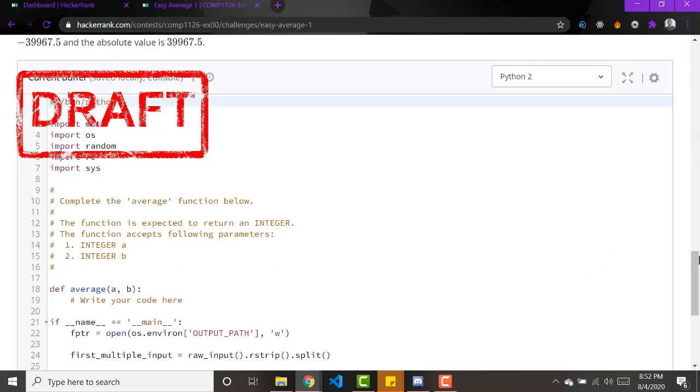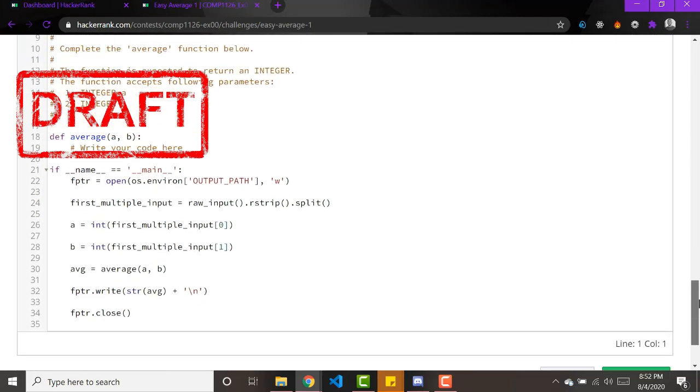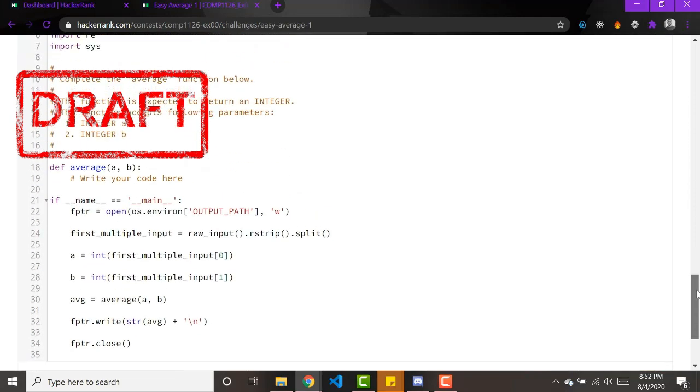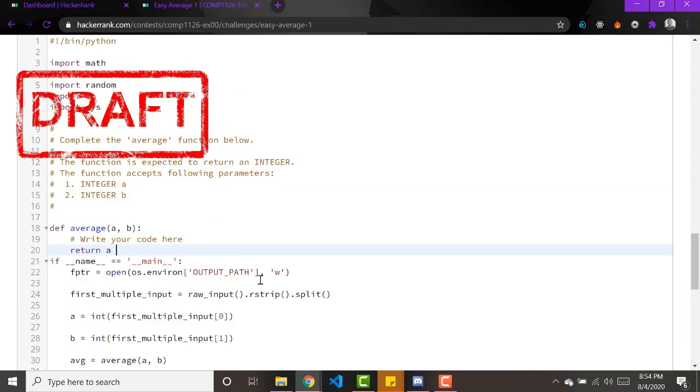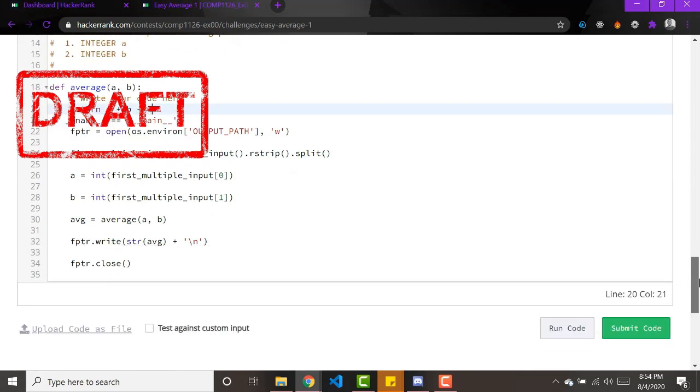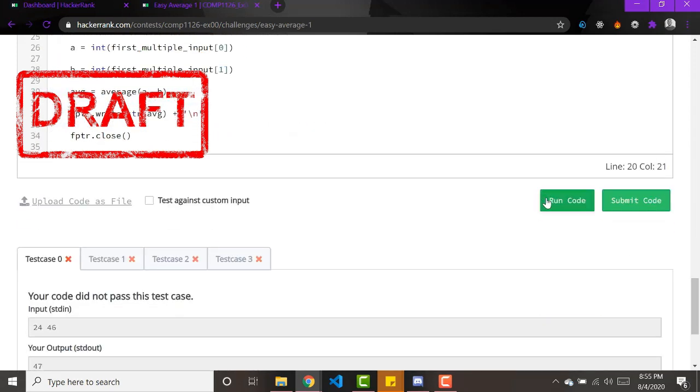So in this case, you should enter your code here. Write your code here. I'm going to enter some code. Return A plus B minus C. Cool. So first thing you do after you have finished writing your code,